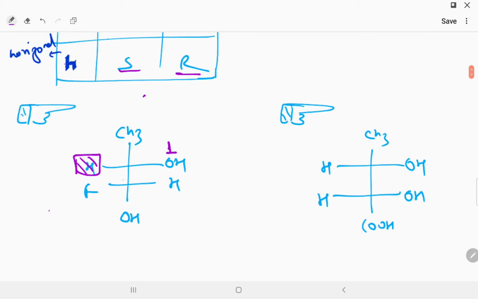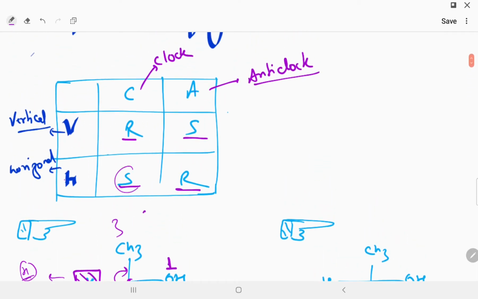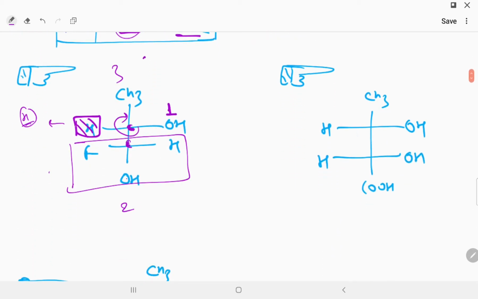Now in this you are able to see that this carbon is having an F, but this carbon is having 3 hydrogens. So this carbon containing F, we give priority 2, and below compound 3. 1 2 3 clockwise. This is a horizontal position, so the least priority group is on the horizontal clockwise. When we go horizontal clockwise, that means S. So we can say horizontal clockwise gives S. So this will be the S configuration.